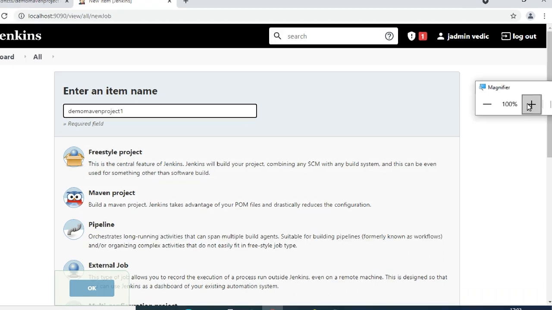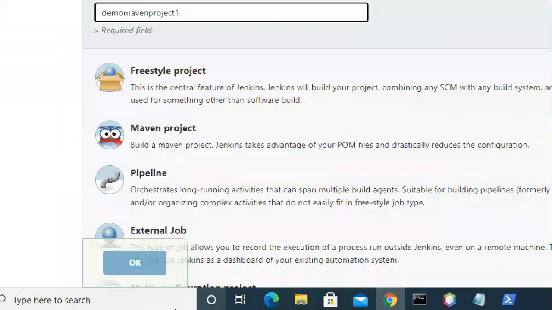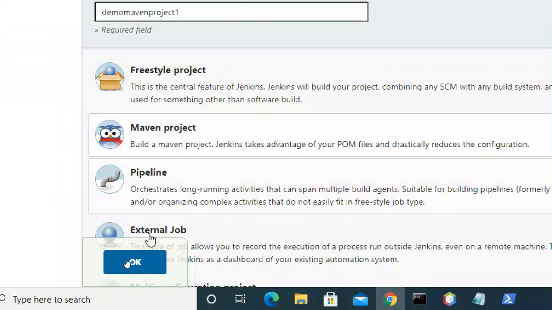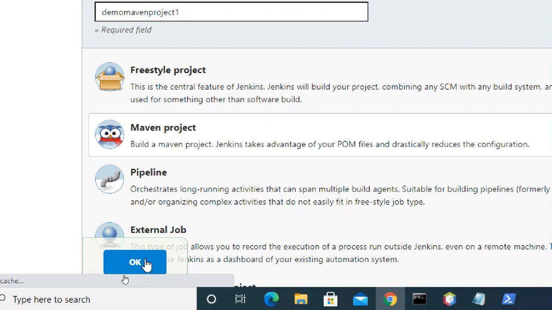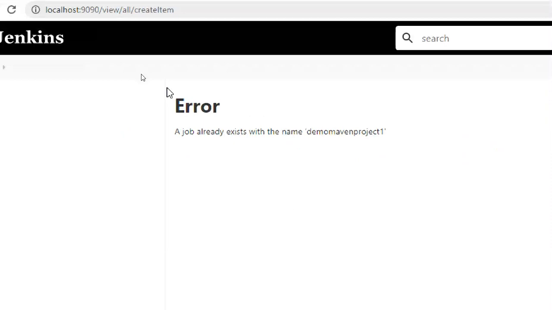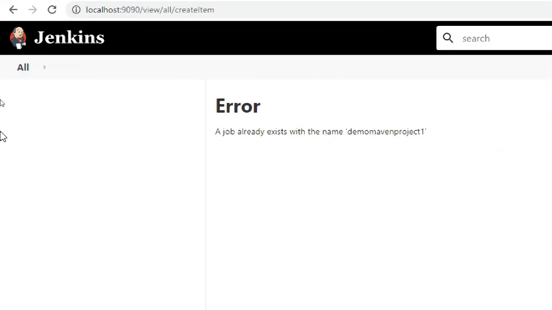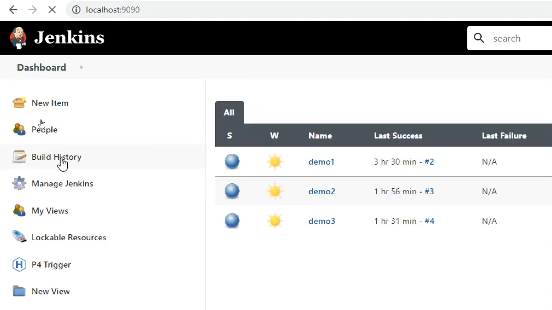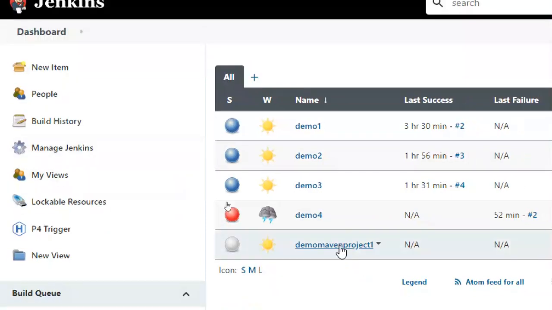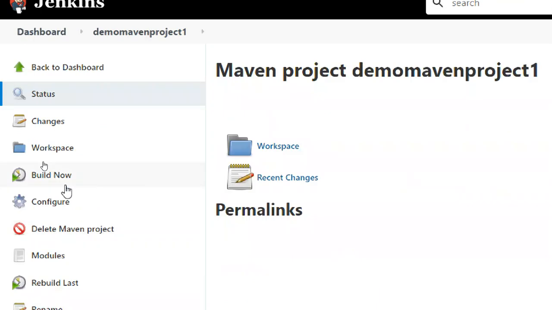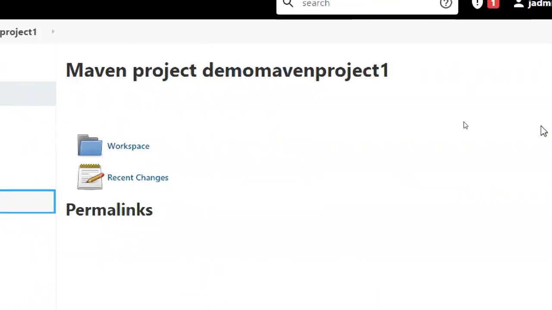So I'm clicking on Maven project. Direct Maven commands will work here, so it will understand more. I clicked two times, so that's why it is showing an error. This is the demo Maven project. Click on it. Configure.